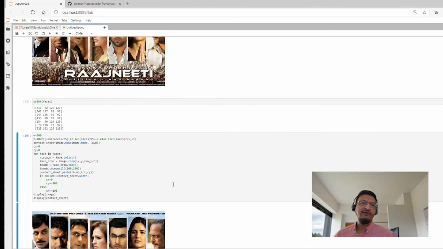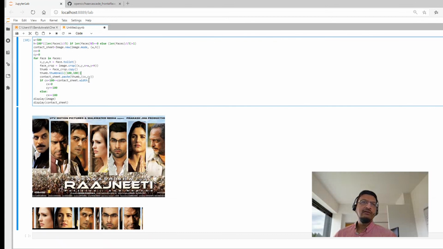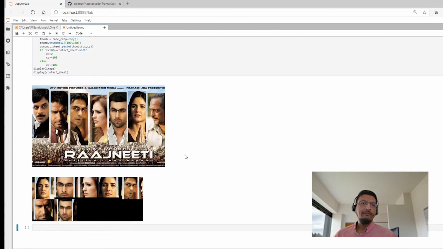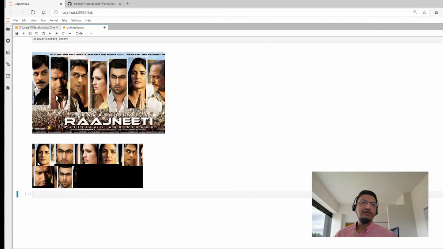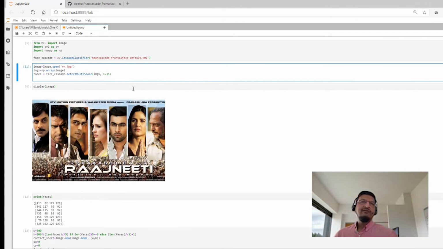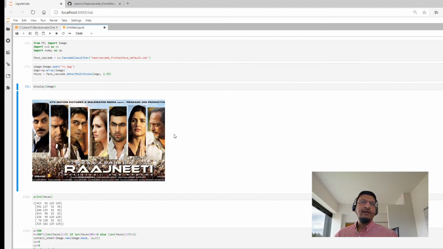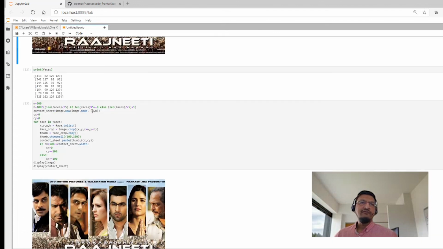Fantastic. Let's have a look again at what is identified. There you go. Now what it has done is it has actually identified the same faces twice with a bit of a close-up, but it does identify more faces. So keep playing with this parameter and have a look at the different results.